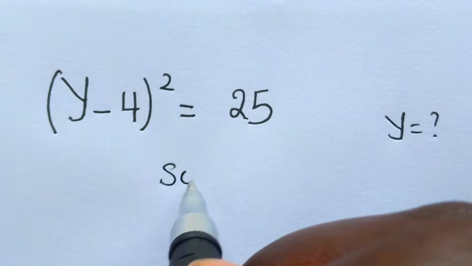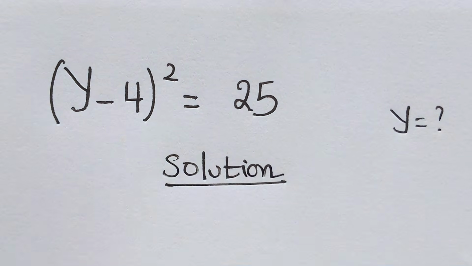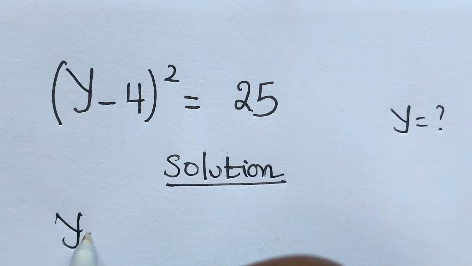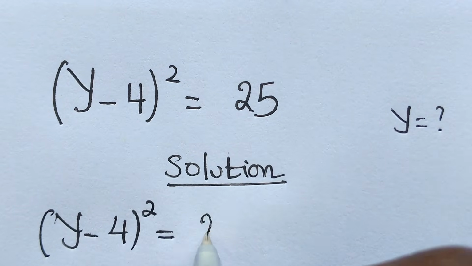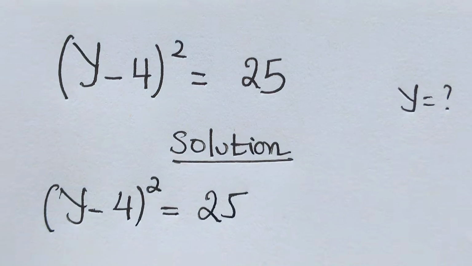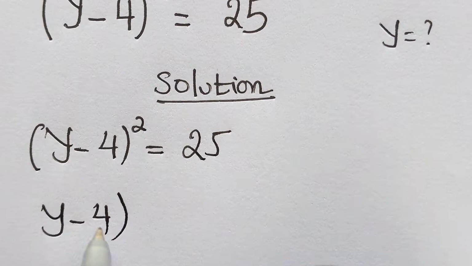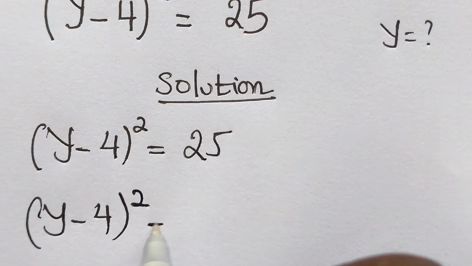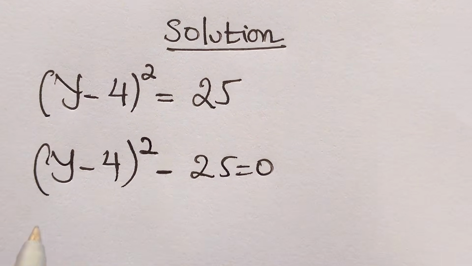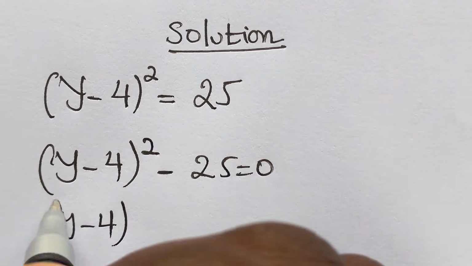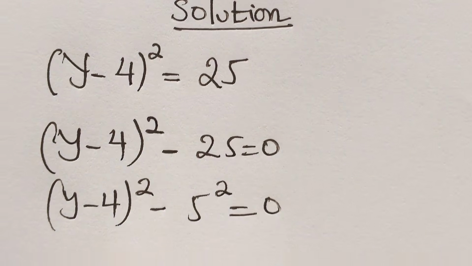Then the solution: by copying what we have, (y - 4)^2 = 25. What are we going to do? We have (y - 4)^2 - 25 = 0, and then (y - 4)^2 - 5^2 = 0,